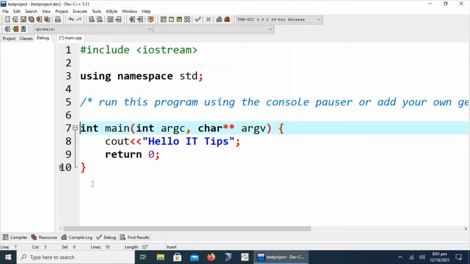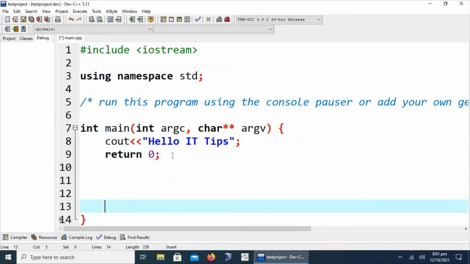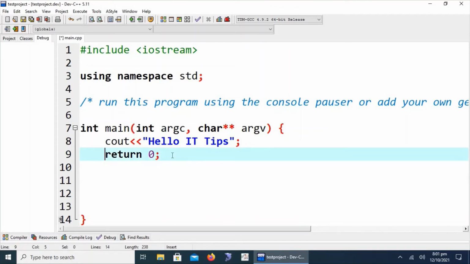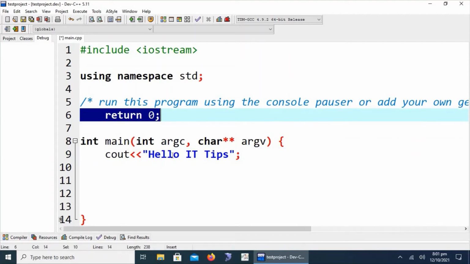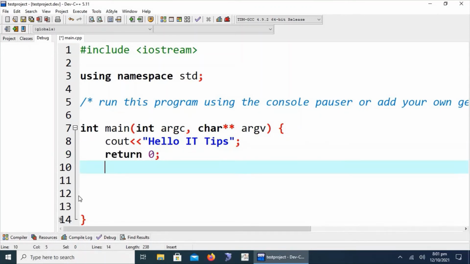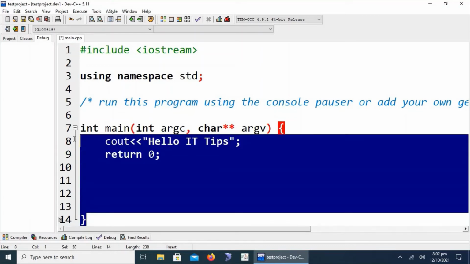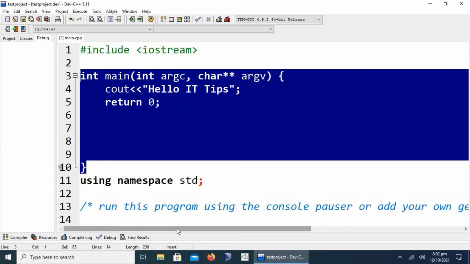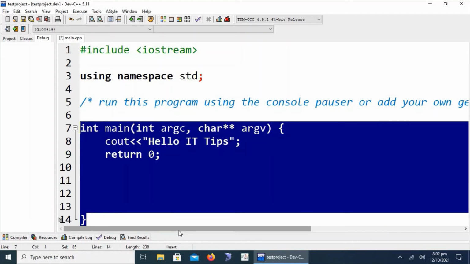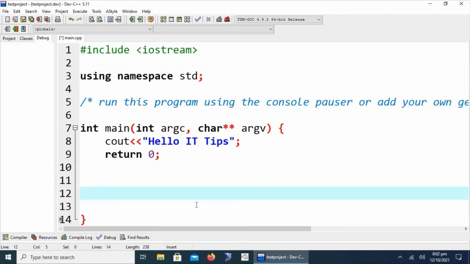Another feature of Dev C++ is that we can move a piece of code or a couple of lines using Ctrl+Shift+up arrow and Ctrl+Shift+down arrow. Let's suppose we have a function written at the end of the code. We want to move it to the top of the code or above other lines of code. Then we just press Ctrl+Shift and the up arrow or down arrow. Just see the demonstration. This is switching between the lines of code, up arrow and down arrow.